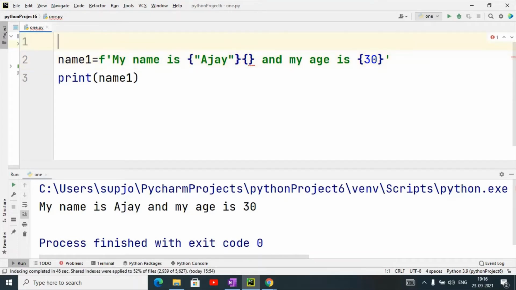If you take two separate strings, then in the two separate strings you can give the f that is used for format, and you can give the curly braces there. Suppose you have given my name is Ajay, and you want to display like that.